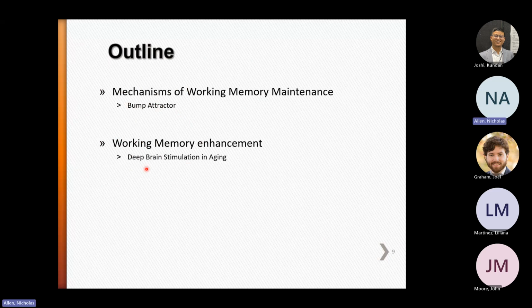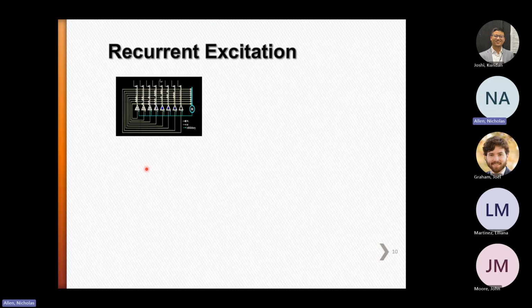Let's start with a basic problem. How is it that neurons in the brain can generate action potentials even after a stimulus is no longer present and create this sort of mental representation? Can we design a simple electrical circuit that would have a property like that? How difficult would that be? It turns out this is not such a difficult project at all.